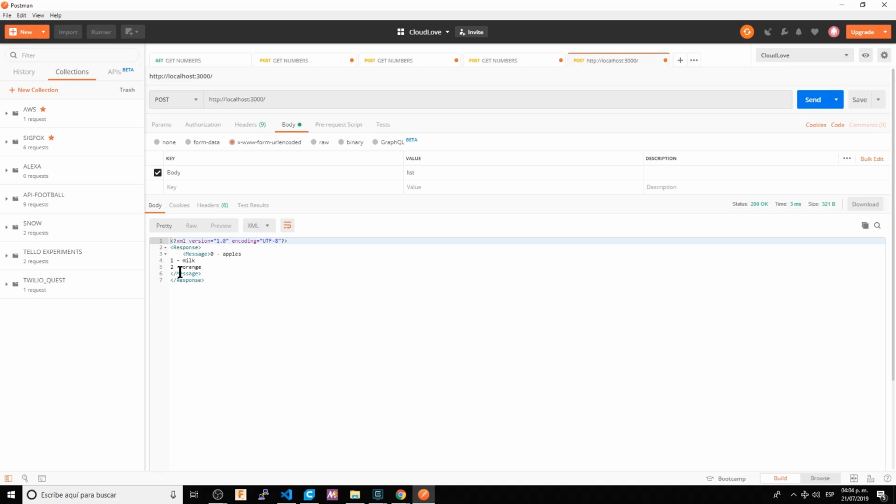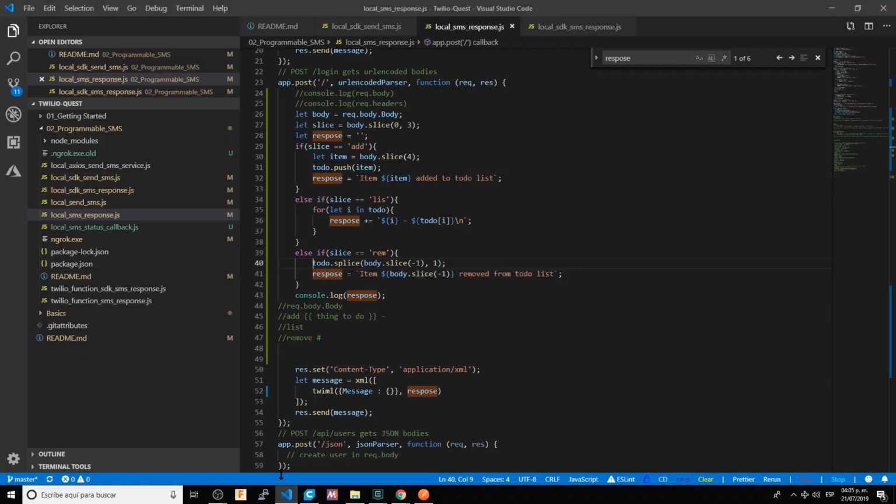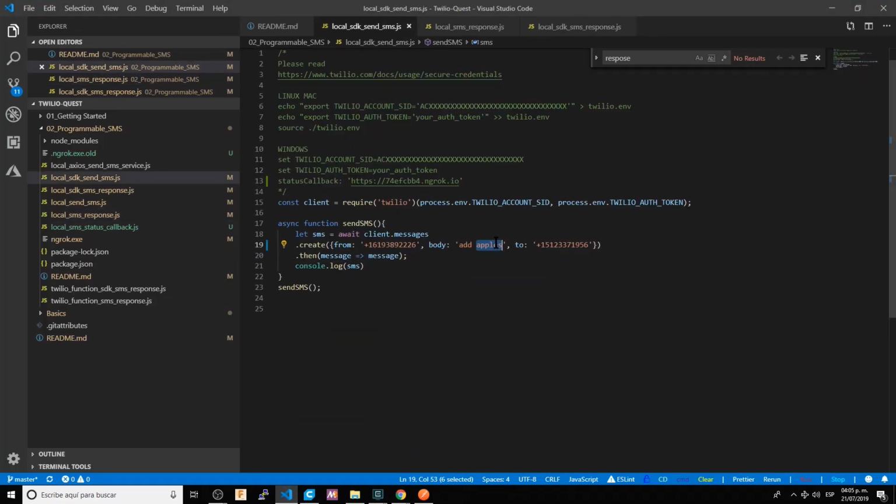Zero apples, milk, orange. Let's remove milk. Remove 1. Removed from the to-do list. Let's list everything again. Apples and orange. Perfect. It is working. So obviously, if we send an SMS message, for example, at